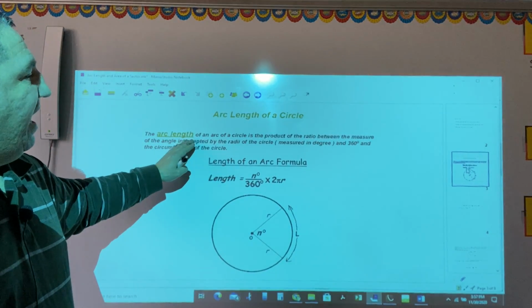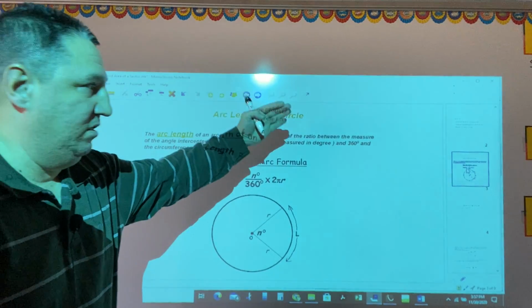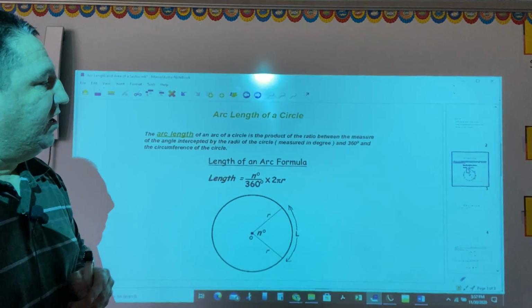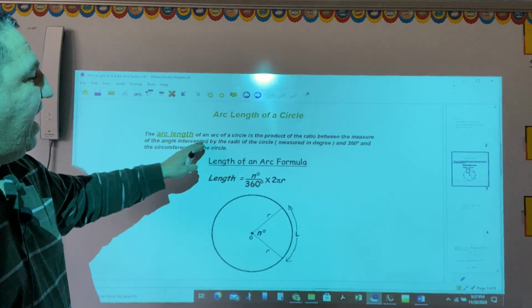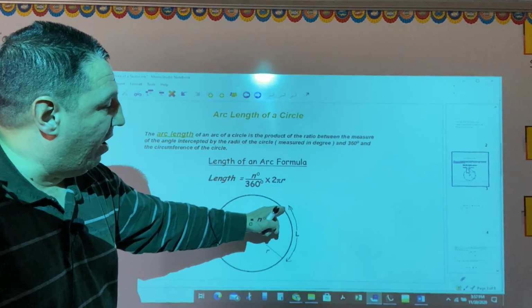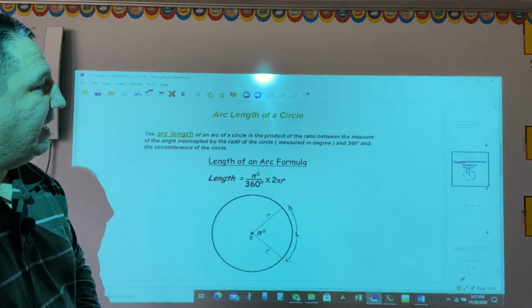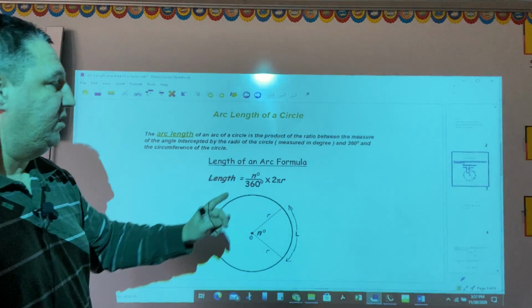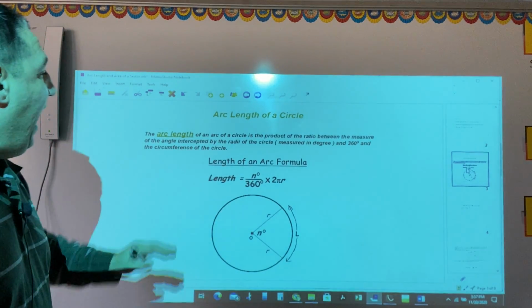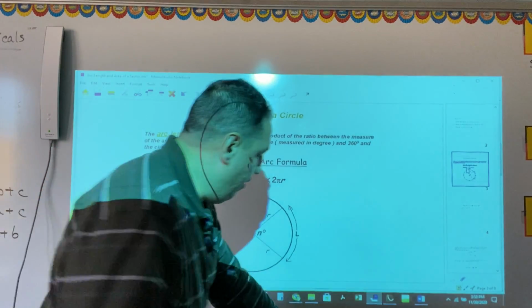So the arc length of an arc of a circle is the product of the ratio between the measure of the angle intercepted by the radii of the circle, measured in degrees, and 360 degrees, and the circumference of the circle. For example,